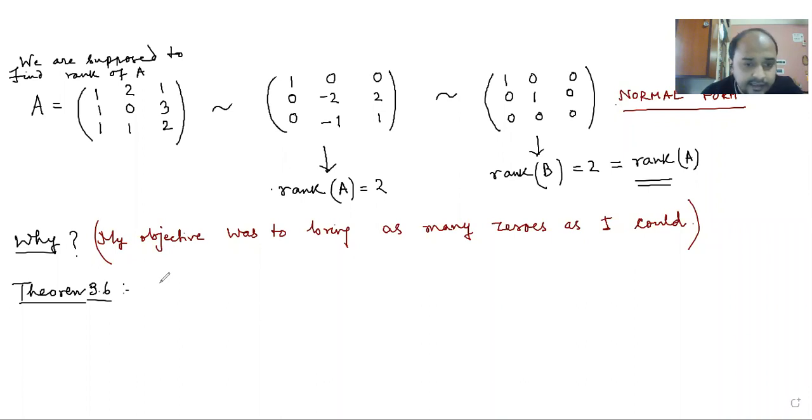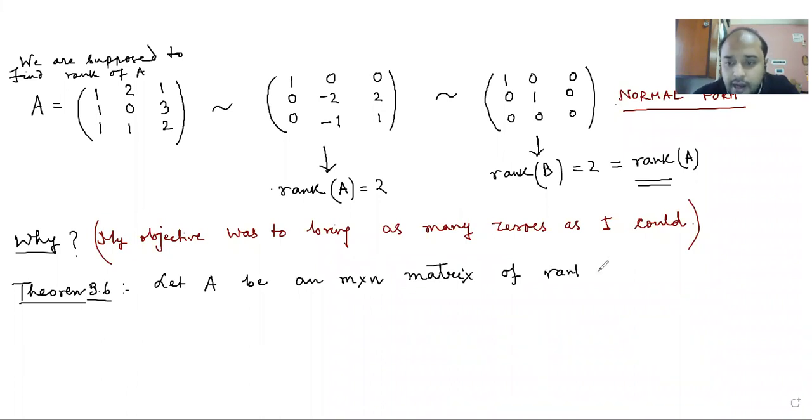The theorem says, let capital A be an M cross N matrix of rank R. Then R is less than or equal to M, R is less than or equal to N,